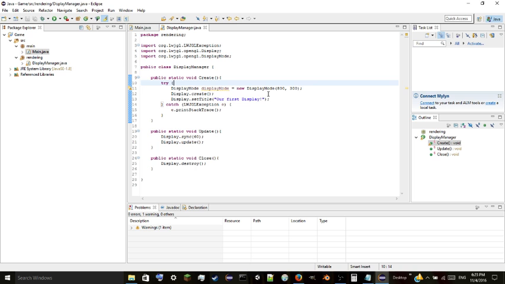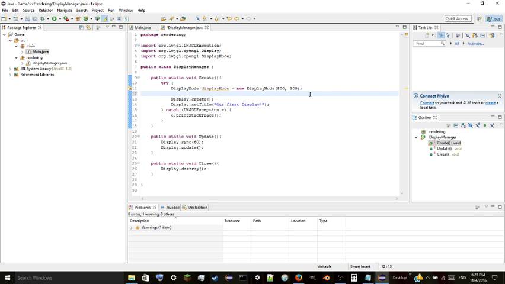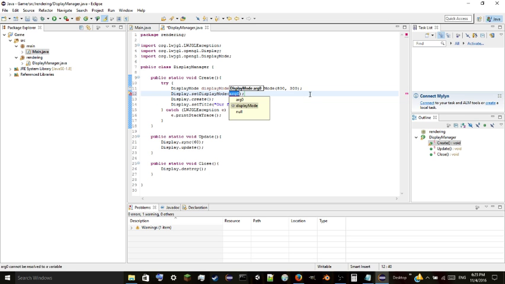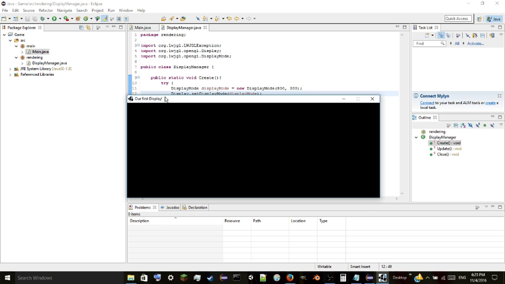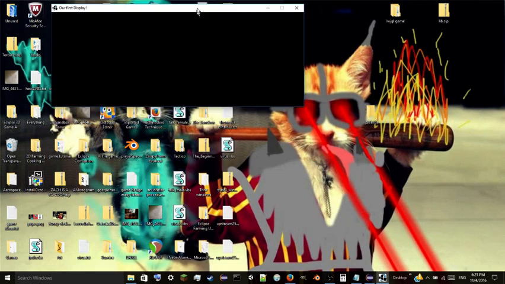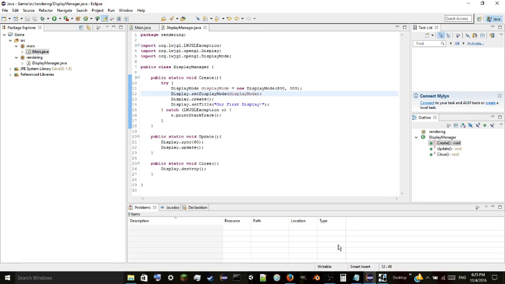Save that, and after that line, but before the display.create line, do display.set display mode to display mode. Save it and run it. And now it has an 800 by 300 width and height display in pixels, and